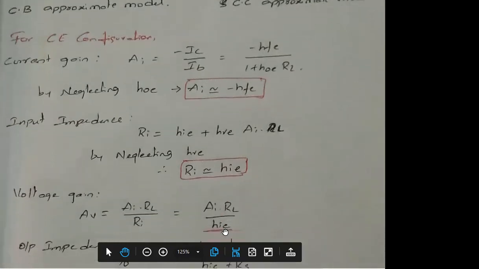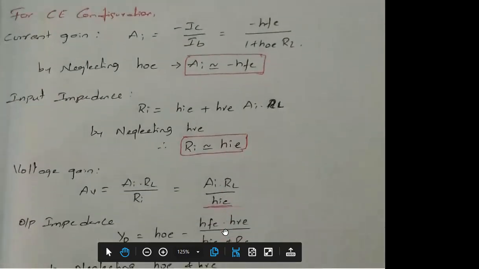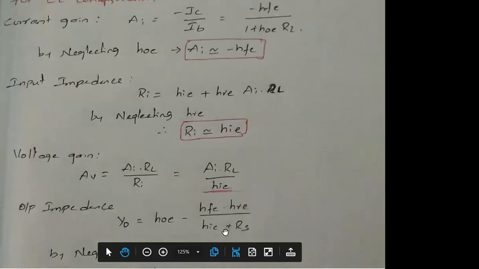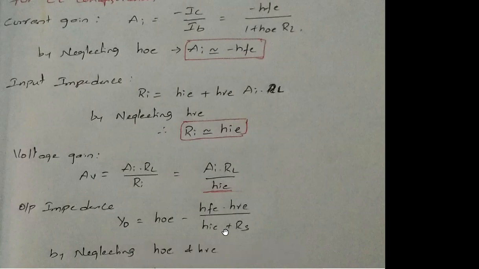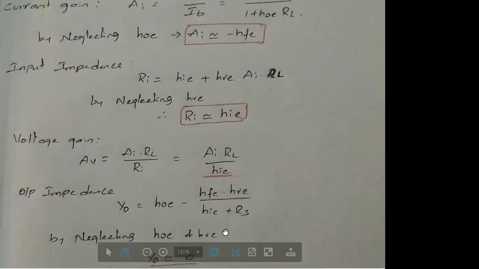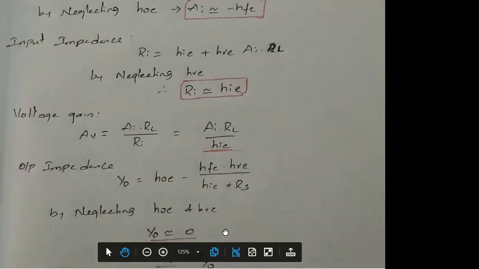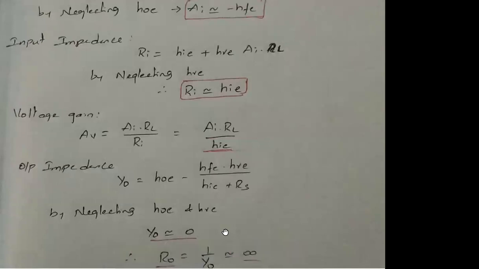And this is generalized by solving the problem. Also, we can verify the values will be approximately equal. There will be less than 10% variation. Okay, voltage gain is given as A into RL divided by RI, where RI is HIE. You can calculate the AV, that is voltage gain. Similarly, output impedance and the remaining parameters: the voltage gain with respect to the source, voltage gain with respect to the load, output impedance with respect to the load. These parameters can be taken by taking these values, and the values in the reference, you can take the remaining values also.